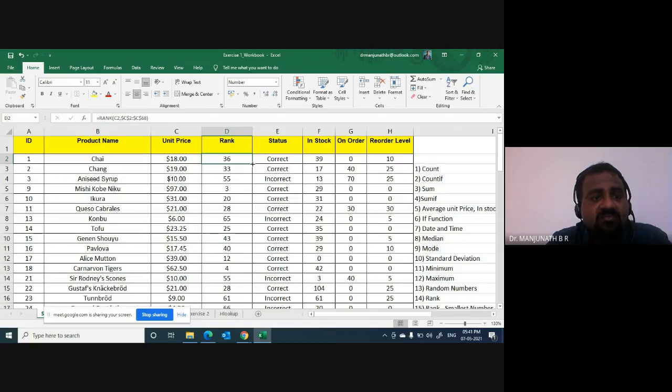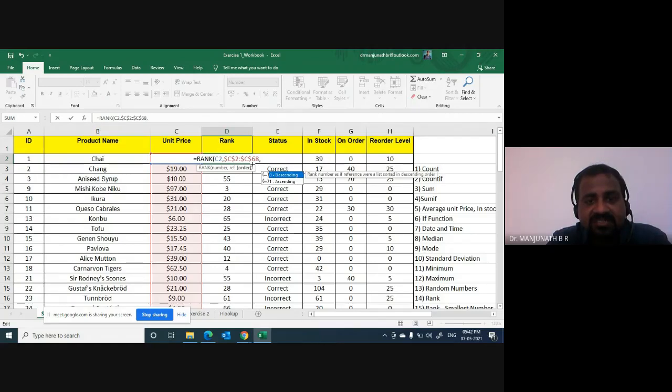Go to the first cell under column D, the rank column. Press F2. Let us edit the formula now. Press F2, then hit the space bar and type a comma.